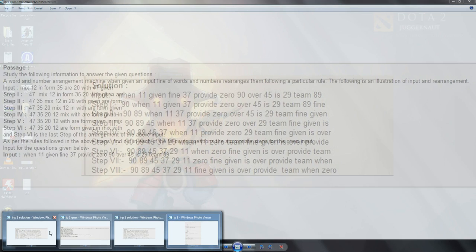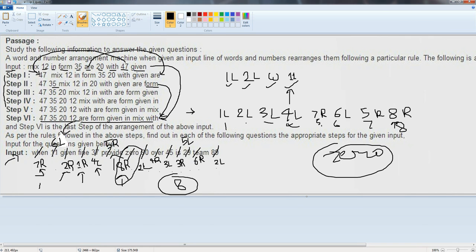Alright, so when 1137 provides 0 over A's 29 team, right, and